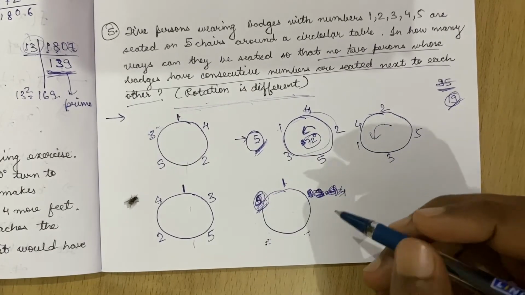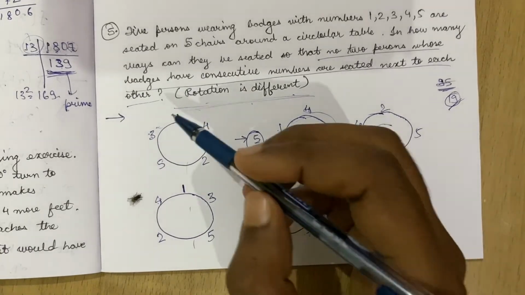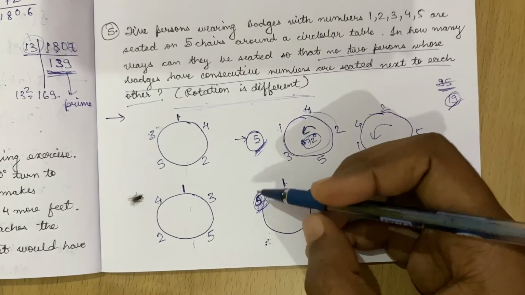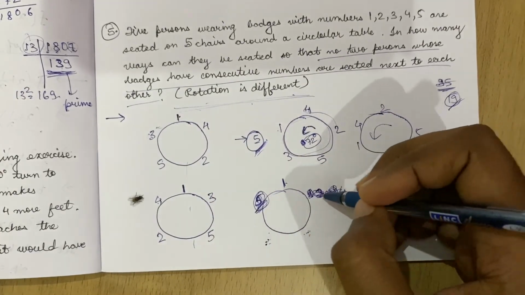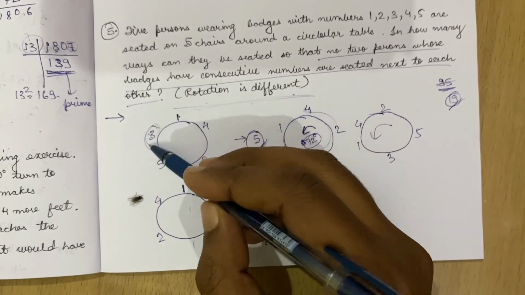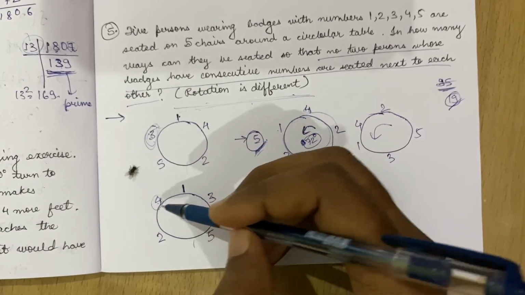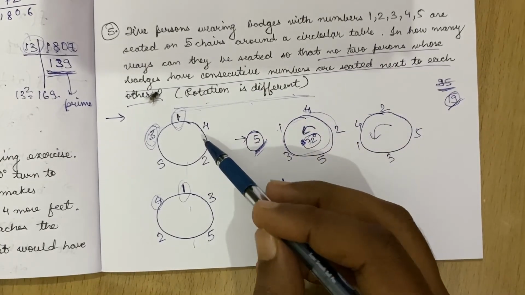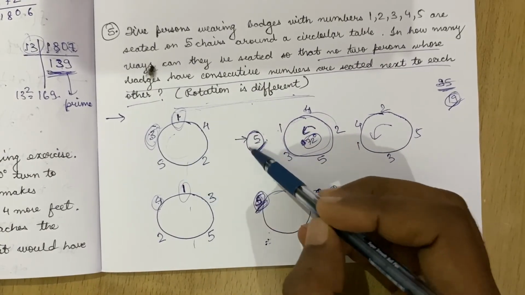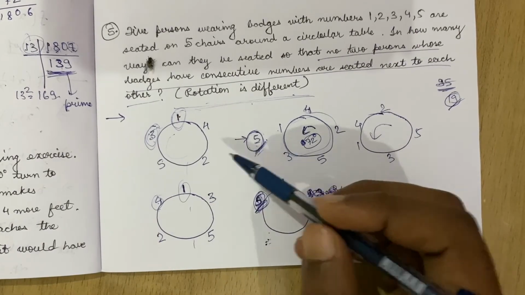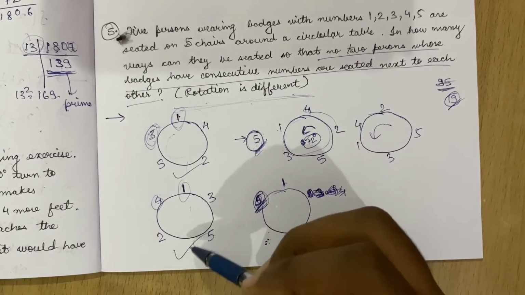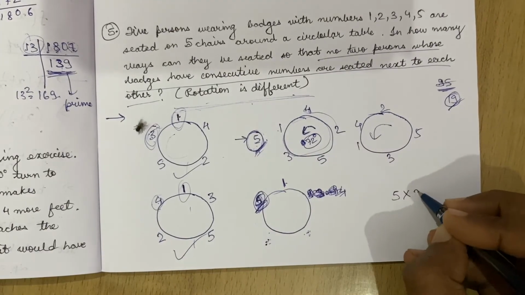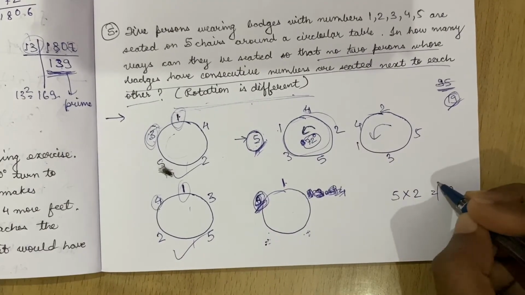So now we have covered all the cases because setting 5 is not possible, and we have set this as 3 and we have set this as 4, setting this as 1, and all other arrangements are counted because we are multiplying the final answer by 5. So only 2 possible arrangements are there, and 2 times 5, so the final answer is 5 times 2 equal to 10.